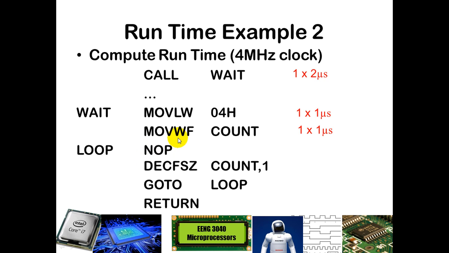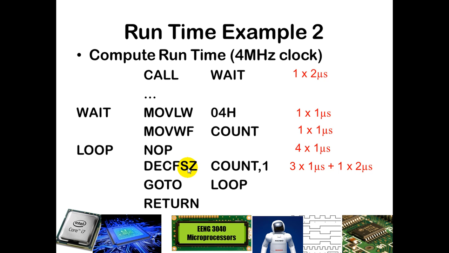And so in this case we go through the loop 4 times. We go through the loop count times, and so our NoOp will be executed 4 times, 1 microsecond each. Our decrement, skipping of 0, and our goto loop work exactly the same as in the previous example. So our decrement is taking 3 times 1 microsecond, and the last time is taking 2 microseconds when it skips,